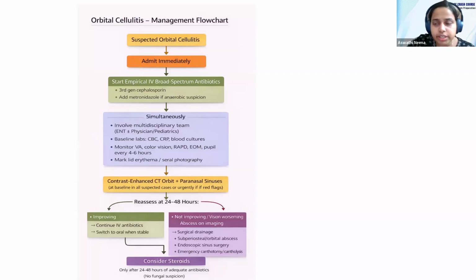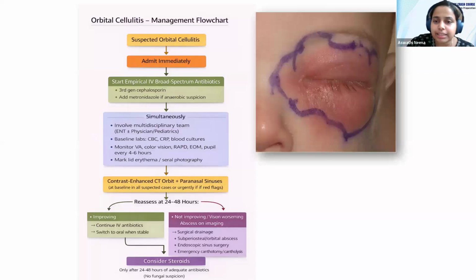What has to be monitored is vision, color vision, pupils, and extraocular movements every 6 hours minimum. And we need to mark the lid erythema and lid edema like this, or do serial photography to mark the improvement or worsening. Once the imaging is done and we know there is an abscess, then definitely we